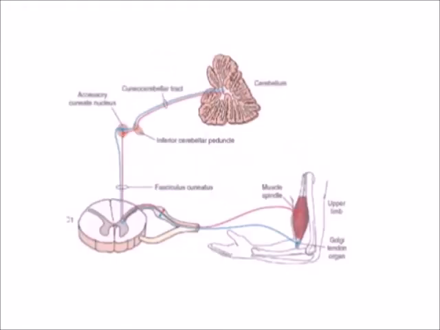So that was about the proprioceptive sensation from the lower part of the trunk and lower limbs. Now what happens in the upper limbs? So upper limbs, we don't call them as anterior and posterior spinocerebellar tracts, but we call them as cuneo-cerebellar tract and rostral spinocerebellar tract. The cuneo-cerebellar tract